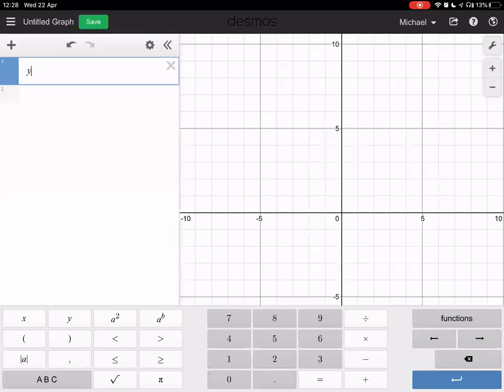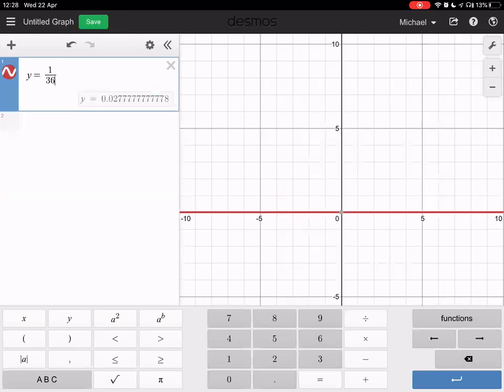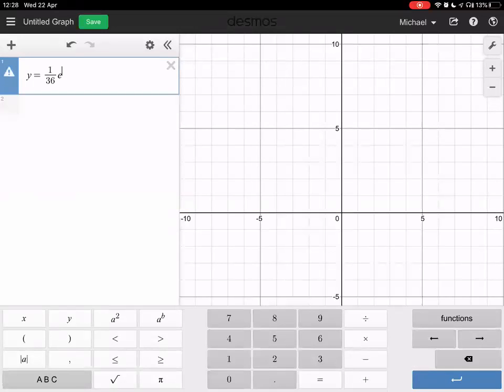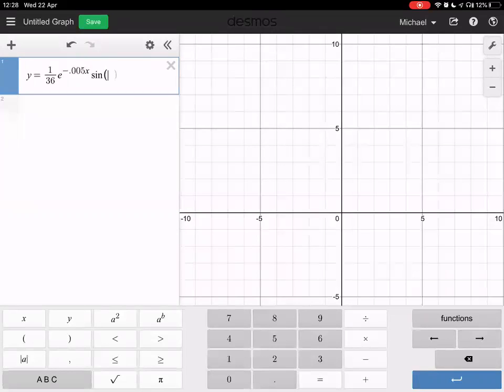So we've got y equals 1 divided by 36, e raised to the minus 0.005 x, and then it's multiplied by the sine function